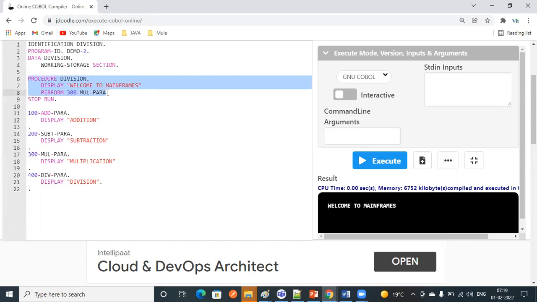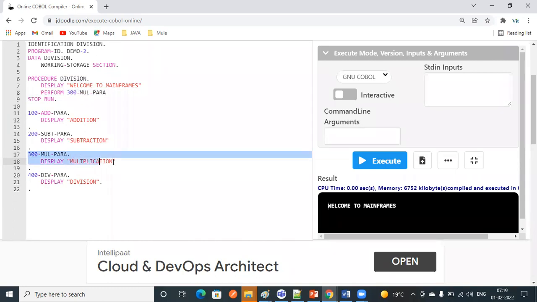It will come directly into this 17th line, because we are calling this paragraph. This won't execute 11, 12, 13, 14, 15, because here we are calling the particular paragraph, so it will come to the corresponding paragraph and execute whatever is inside. See, you can observe multiplication here.